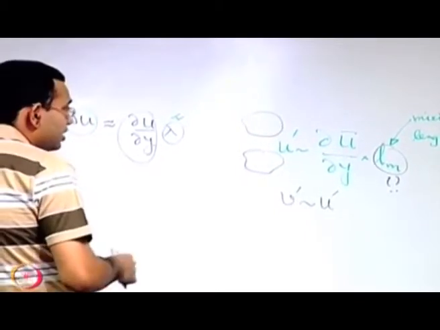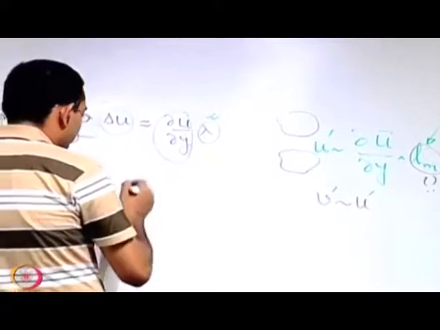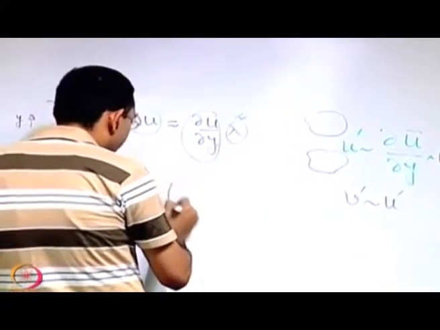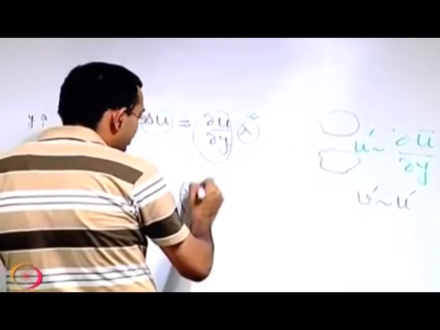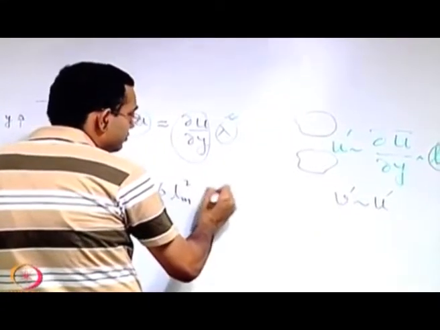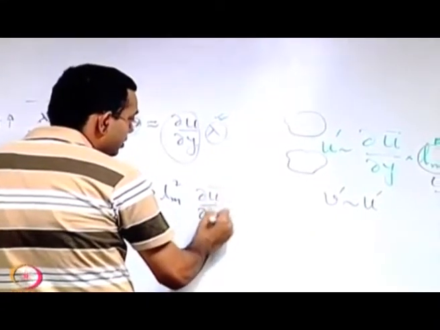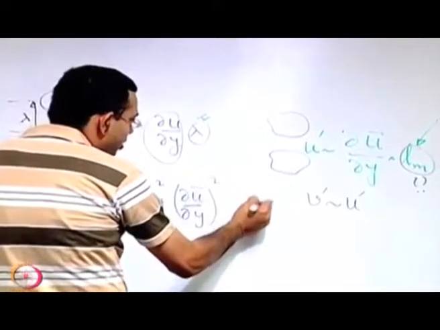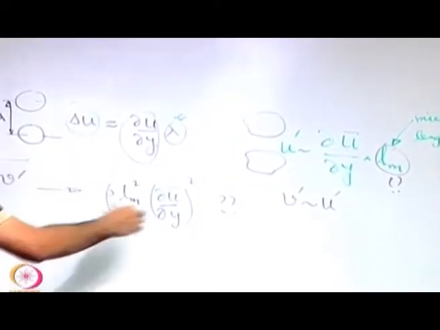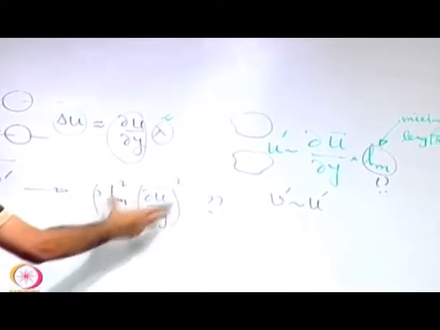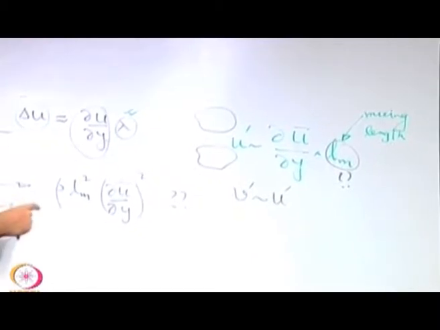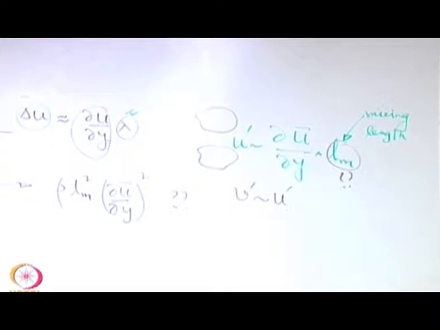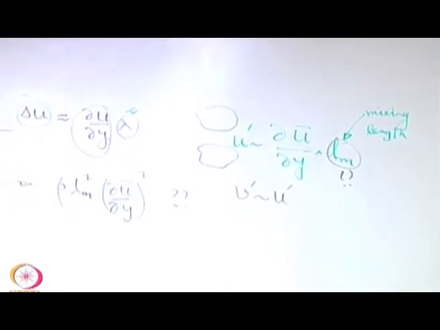So it is just a scale, but the exact value is not known properly. So then it boils down to the form of rho times just the square of this. But this form, in terms of the constituents of the equation, as a form it is fine, but we have not given due consideration to the algebraic sign of this. So we have to give consideration to the algebraic sign of this.